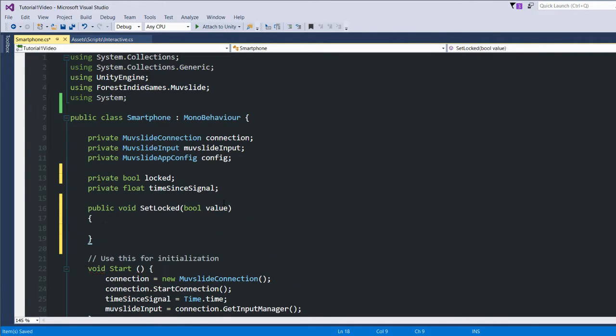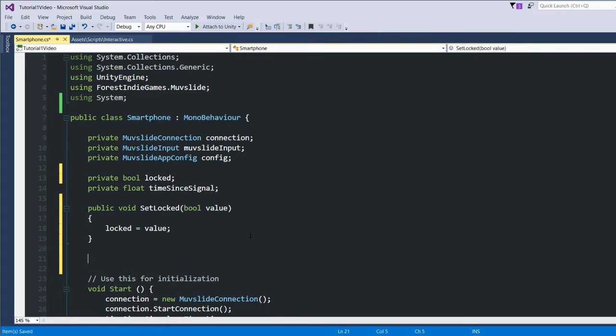So we can call it from other objects and say, hey, I want to lock the smartphone, so I want it to interact only with me at this point. Okay,